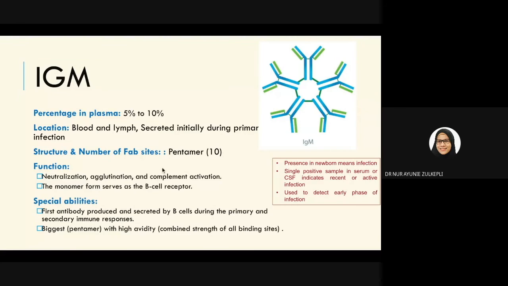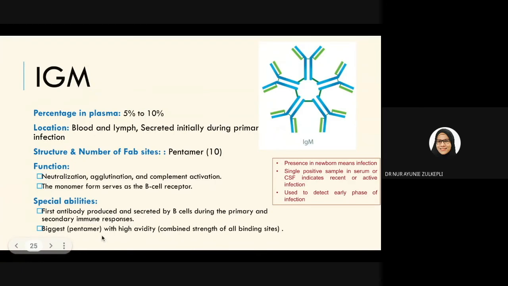It functions in neutralization, agglutination, and complement activation, and the monomer form serves as a B cell receptor. It is the first antibody produced and secreted by the B cells during the primary and secondary immune response,